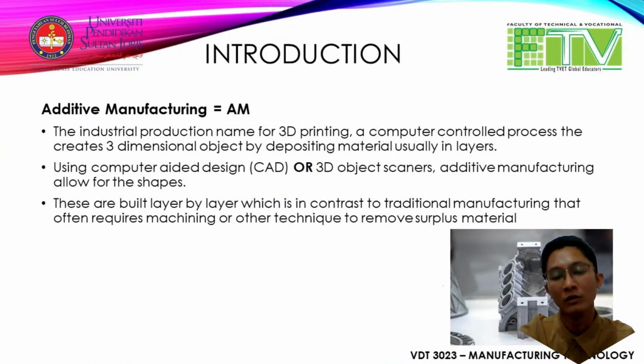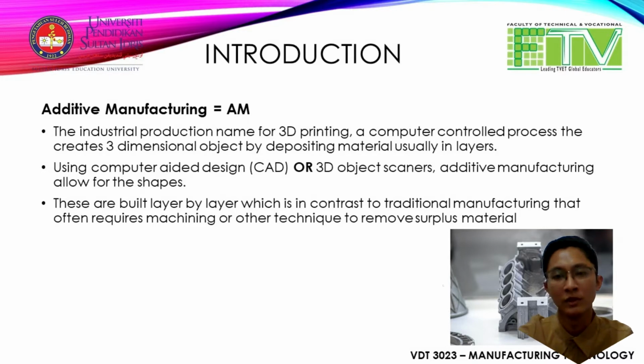First, did you know about additive manufacturing? Additive manufacturing, or AM, is the industrial production name for 3D printing, a computer-controlled process that creates three-dimensional objects by depositing material, usually in layers. By using computer-aided design, CAD, or a 3D object scanner, additive manufacturing allows for the shape. These are built layer by layer, in contrast to traditional manufacturing that often requires machining or other techniques